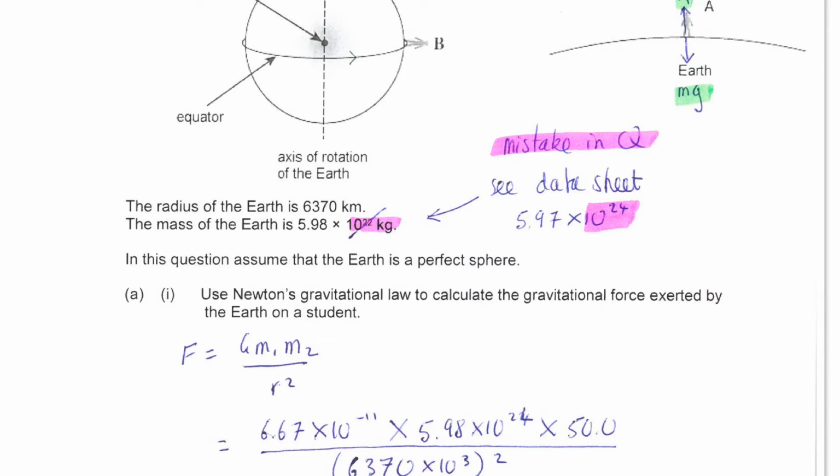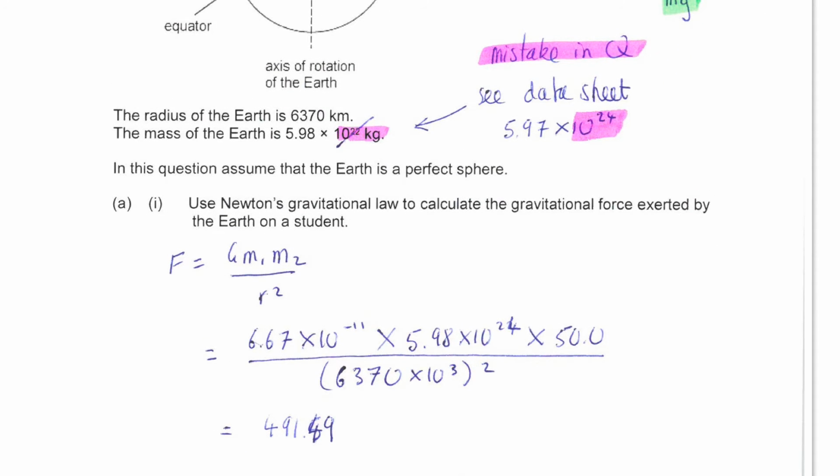So in the first part of the question, you're asked to find the gravitational force exerted by the Earth on the student. So here we just use the universal law of gravitation and substitute into the equation. So we have the gravitational constant, we have got the mass of the Earth, which we have corrected, and we have the mass of the student. And then dividing by the radius of the Earth, because the student is on the Earth's surface, making sure we acknowledge that that was given in kilometres. That leads us to an answer of